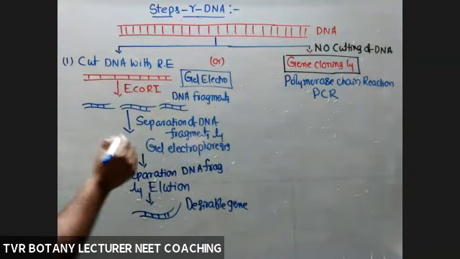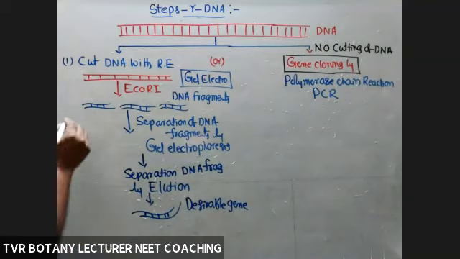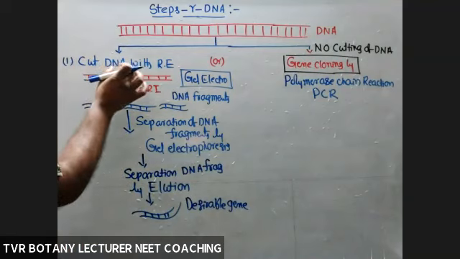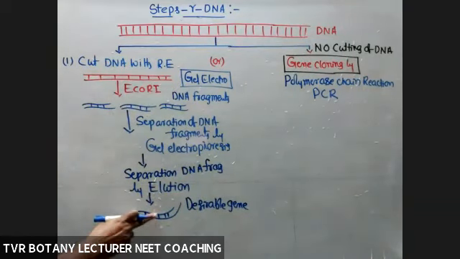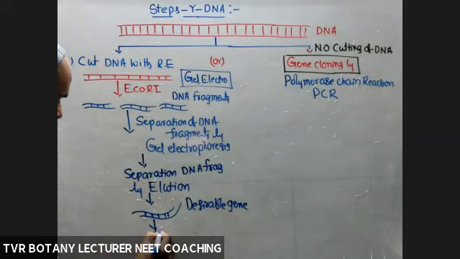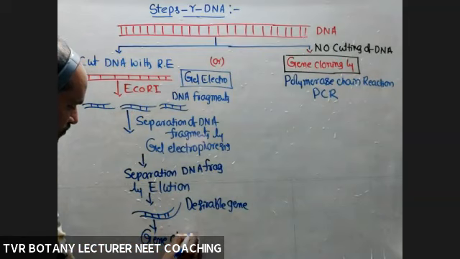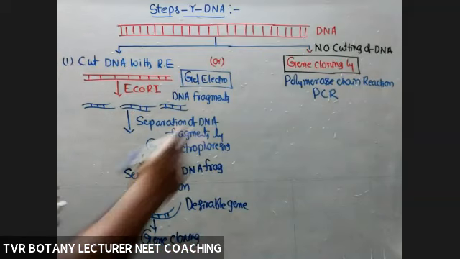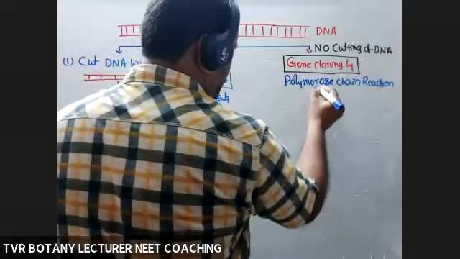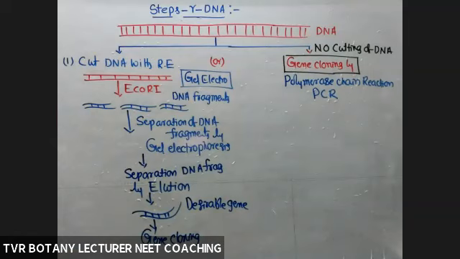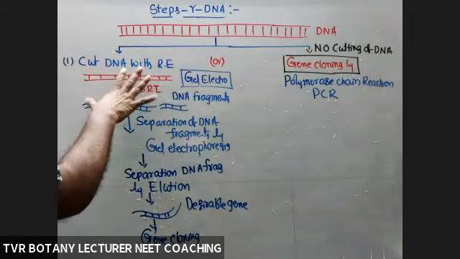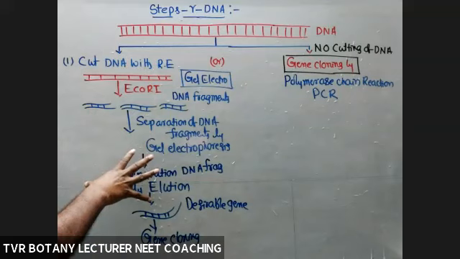Now, cut the vector, take the vector. This is cutting of DNA with the concerned enzymes. Here we need gene cloning, so now it is subjected to gene cloning. Here also gene cloning is required. This is concerned with gene cloning. We'll see that one later. Is it clear? So that is about cutting of DNA. This is one method.